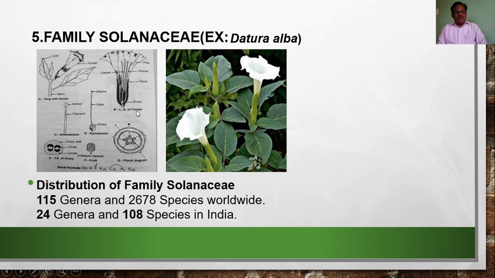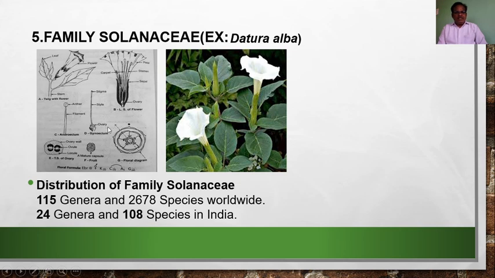One more thing, the stamens are 5 and they remain attached to the corolla, which is known as epipetalous. That is, stamens are epipetalous, so they remain attached to the petal internally. When we observe this corolla, it looks like a funnel shape. One more thing, the leaves have an entire margin. But the base of the leaf is slightly variable, one part of the base is slightly below and one is above. The margin is entire, and reticulate venation is found there.